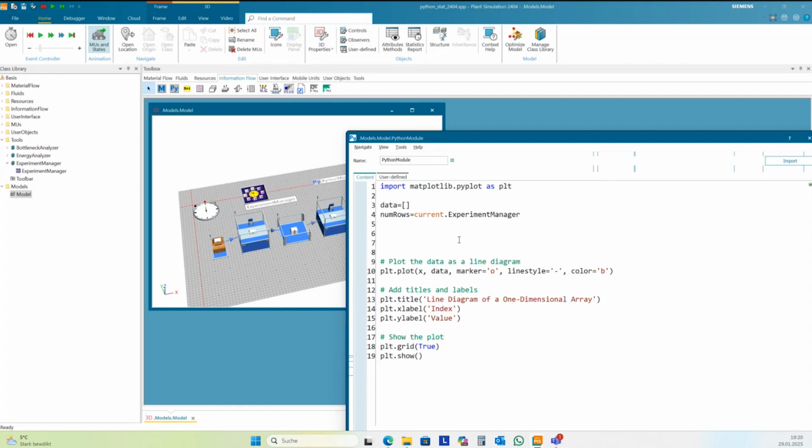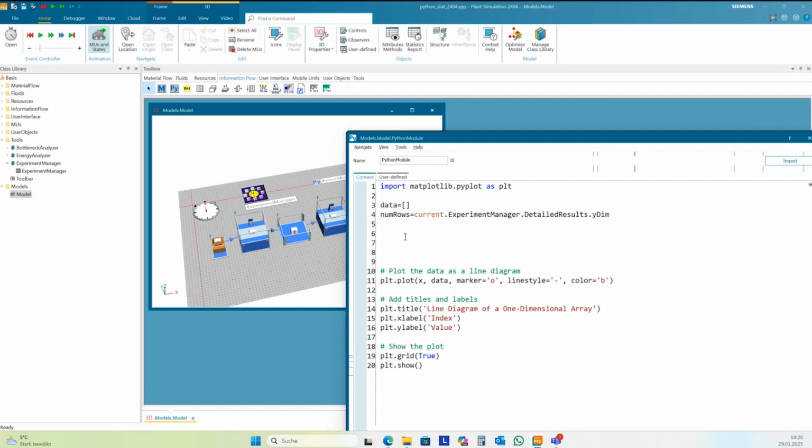manager. The table is detailed results, and this is just SimTalk code here. And then I collect this data